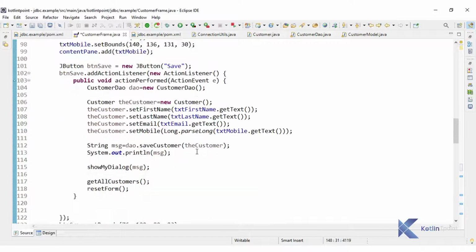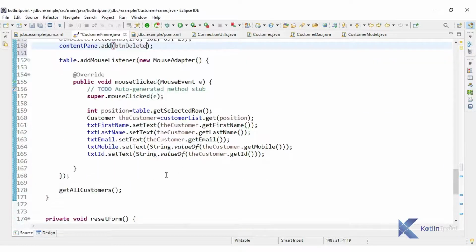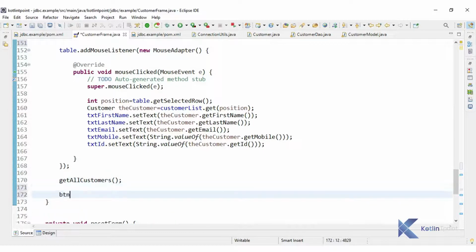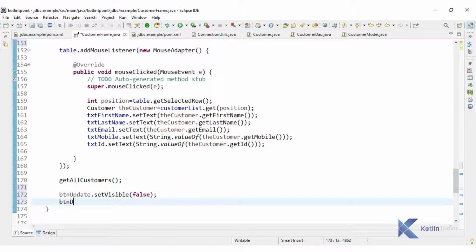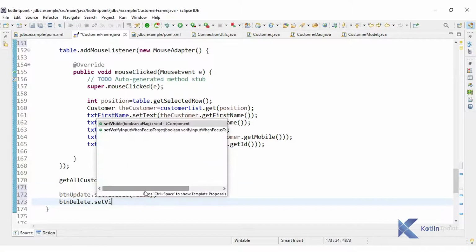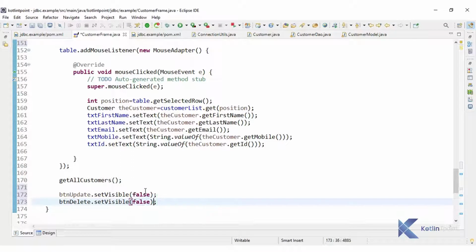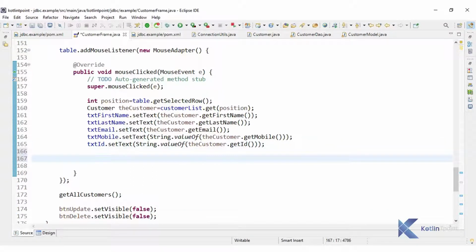Anywhere you can write the code. Let me write here button update dot set visible false, and button delete dot set visible false. So by default they will be invisible, but if I click on any of the rows I will make them visible.